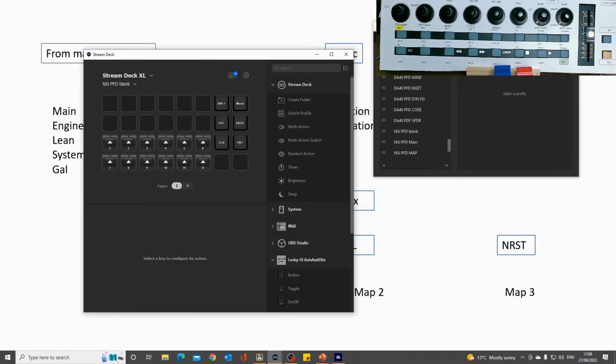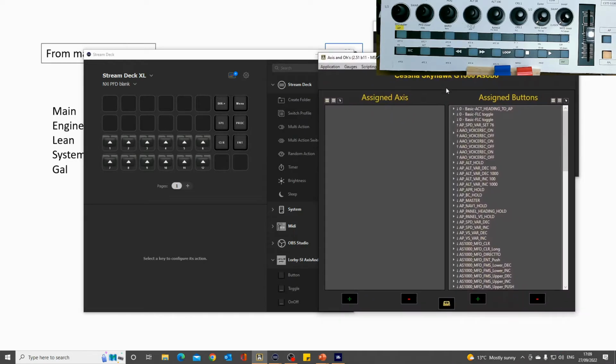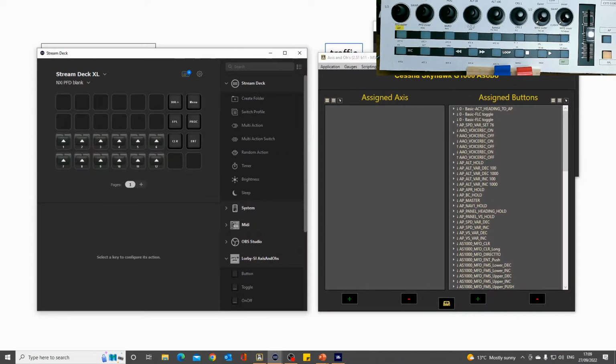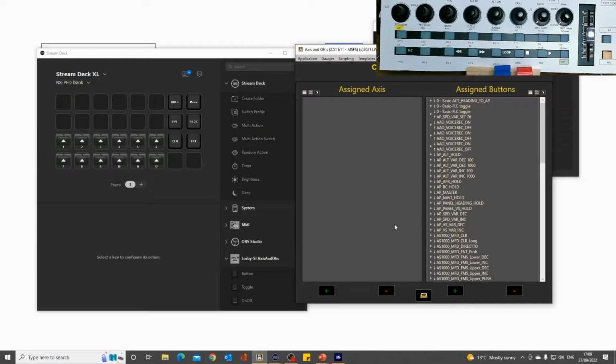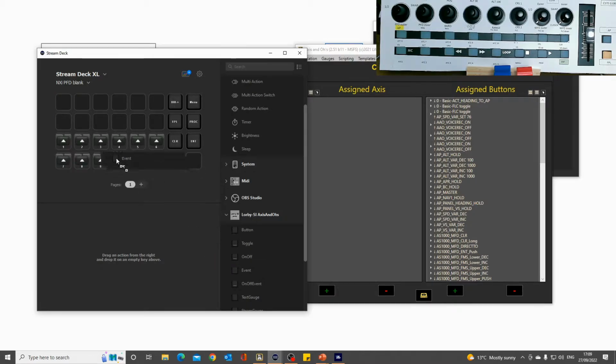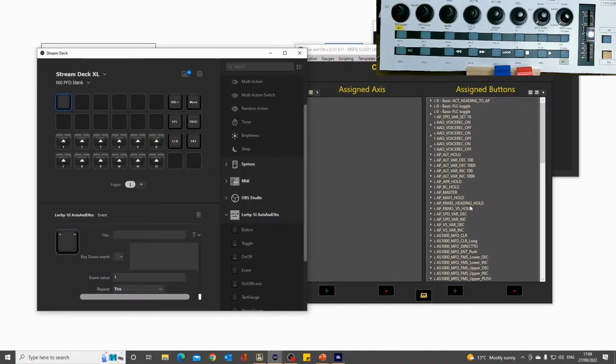So what I need to do is to use my X's and O's to look at how the soft keys are allocated in the main flight display. So we'll do what we did before. I'm going to put an event on here just to experiment with this. So it's a Lorby X's and O's event. And what I'm going to look for